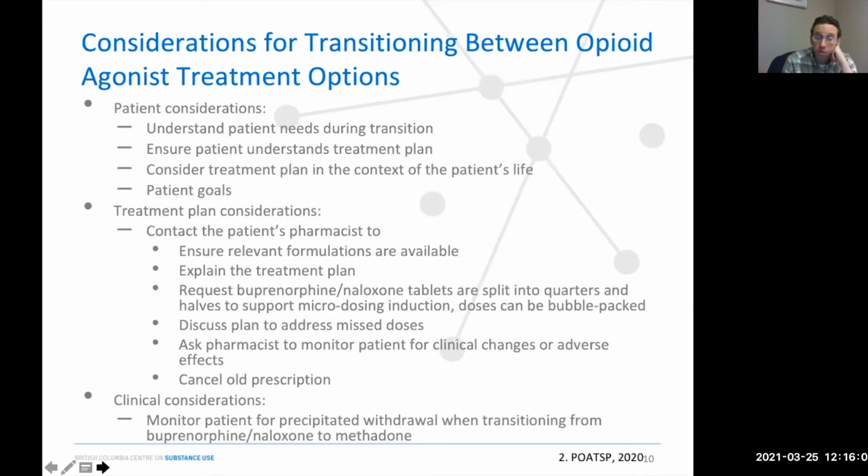Obviously, working closely with pharmacists is really important. The preferred method now for buprenorphine transition is microinduction, so being able to have a pharmacist who can supply, ideally, blister packs is really helpful. Monitoring a patient is really the key point for using microdosing, and we'll talk about that in a few minutes. If you can be in touch with a patient every day, that's ideal, but every 2 or 3 days, twice a week, something like that, often leads to a smoother outcome. Next slide, please.